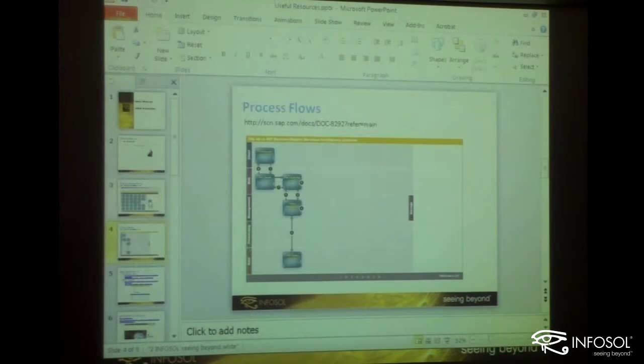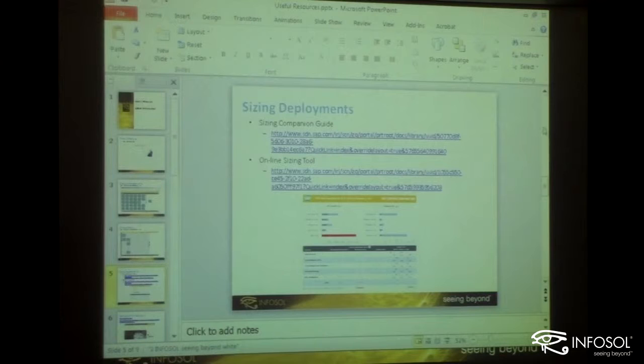Useful resources. So that's process flows. The other thing, especially for those of you who are thinking of moving from 3 to 4, sizing. Paul's advice is, at least double it. Basically, if you run the SAP sizing guide, you're quadrupling it, because they are planning for you to make sure you can buy as much as you could ever possibly need, and so forth. But they do have a planning tool. They have a companion guide,